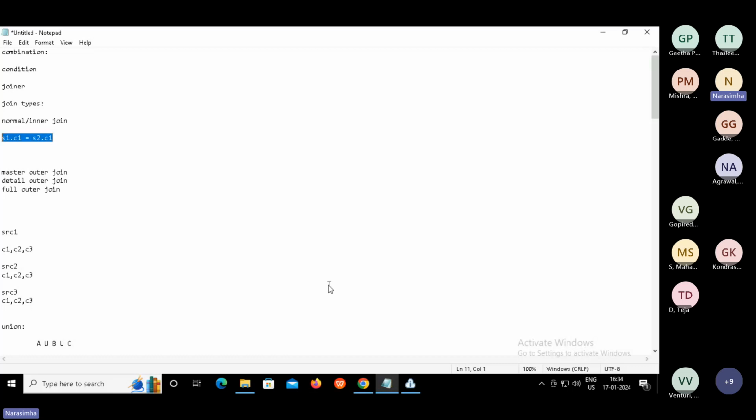Based on C1, we are combining the data from both source systems. If this condition matches, only those records get transferred to the target. That's where the inner join, or normal join, comes in. Fine, right? Yes or no? That's it, guys.